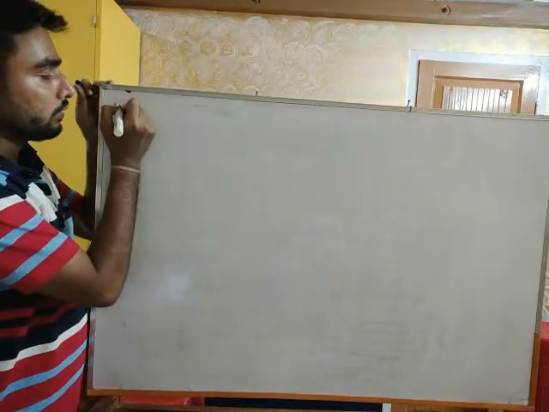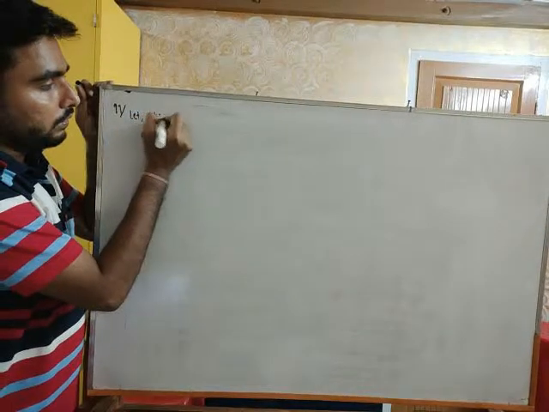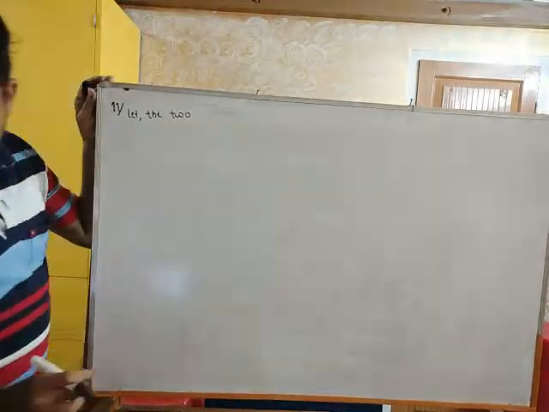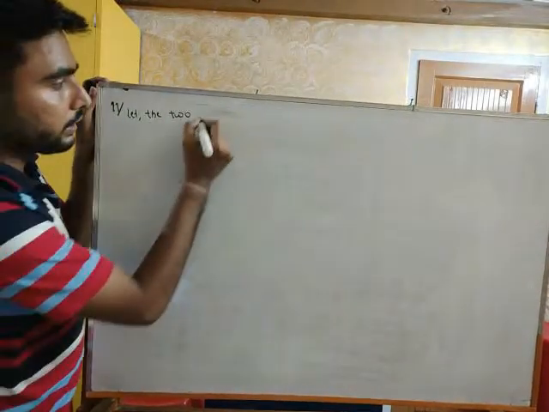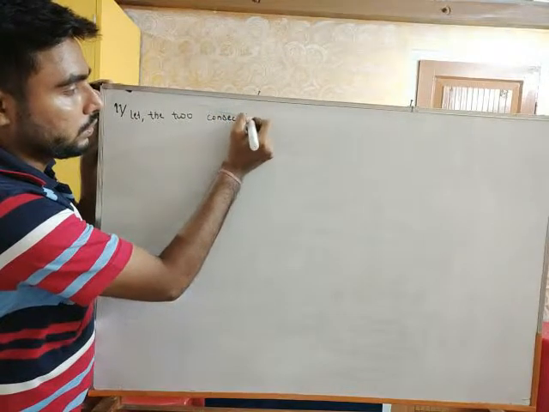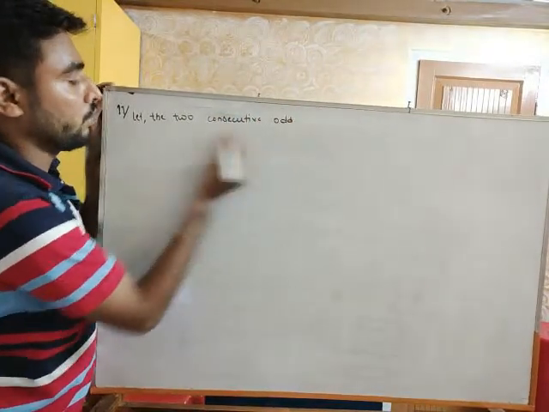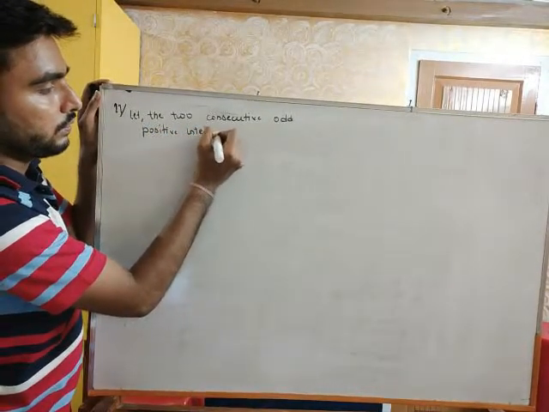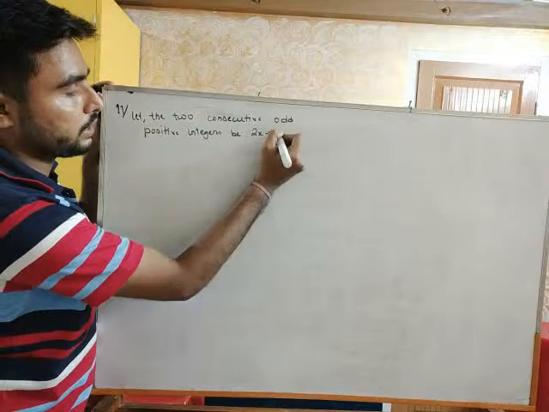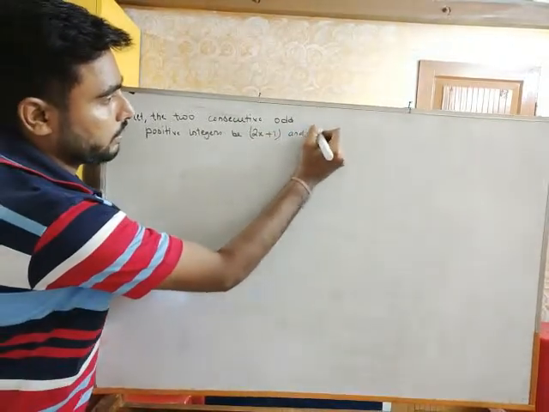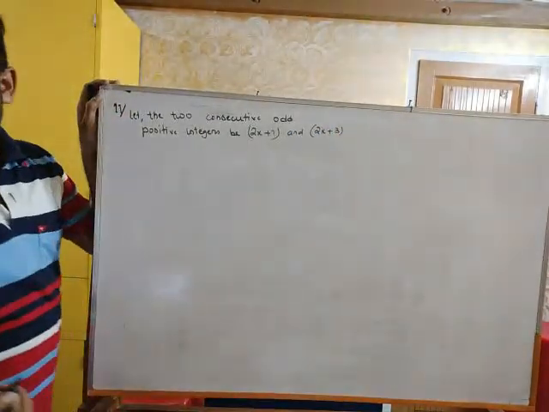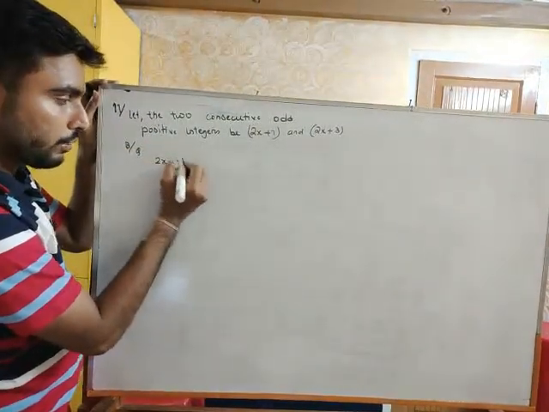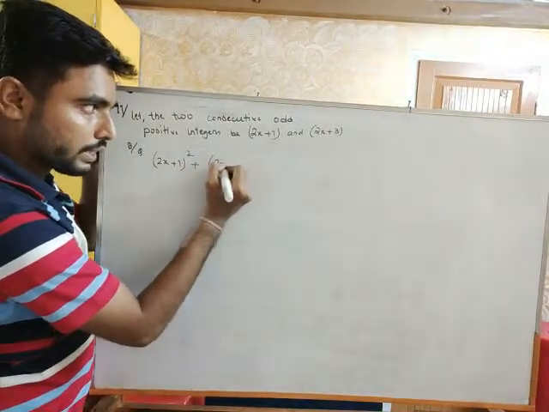So we'll write: let the two consecutive odd positive integers be 2x plus 1 and 2x plus 3. So in the question it is given that when you find the sum of the squares of these two numbers,